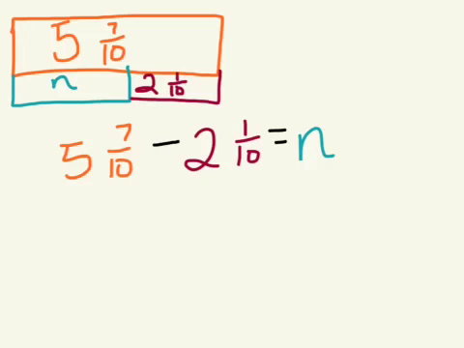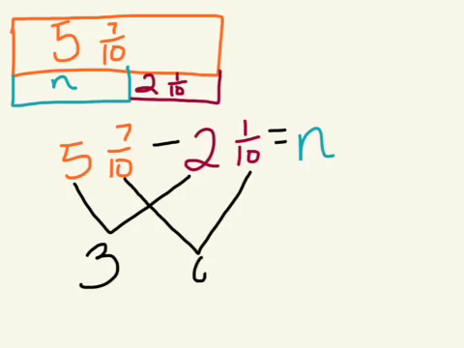And I like to model different strategies. So this time I'm going to model doing subtraction with a tree diagram. So 5 minus 2 would be 3. 7/10 minus 1/10 would be 6/10. So now I have 3 and 6/10, and we know from working the problem already that 6/10 can be simplified to 3/5. So then we would put the 3 and the 6/10 together, and we would get our same exact final answer, 3 and